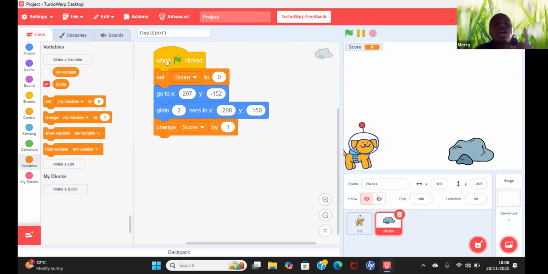At that point, it should now change our score by 1. If our score was 0 initially, after go to X, glide for 2 seconds, the score is changed by 1. Now, if our rock touches the dot, you know we have 2 sprites. We have the dots, we have the rocks. If our rocks rather touches